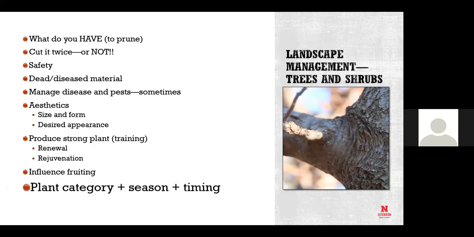We don't prune during leaf on, and we're pretty darn close. We don't prune in leaf off, which is in the fall. We can do some things in the summer, and in fact, some species are actually better pruned in the summer. Some diseases are managed only if you prune truly dormant, and one of those is oaks. We do not prune oaks after March 1st, and we do not prune them prior to October 1st. Okay?